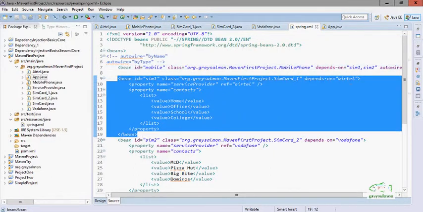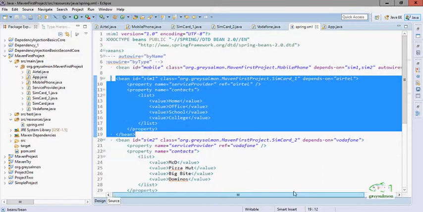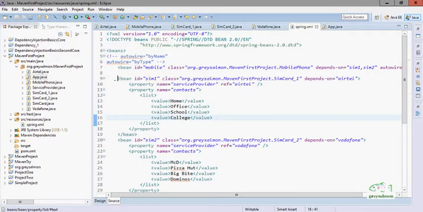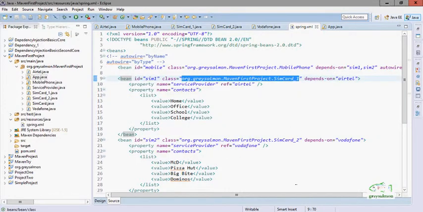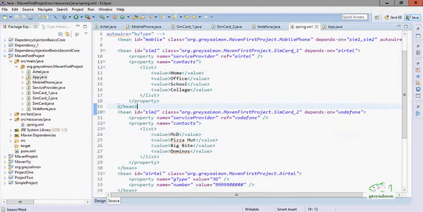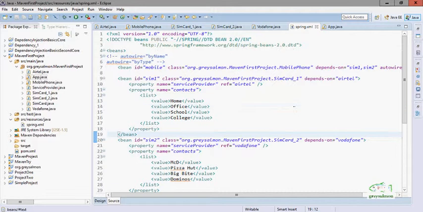Whenever we use by type, we should be careful that there is only one bean of type SIMCard1 in the entire configuration, and only one bean of type SIMCard2 in the complete configuration. If more than one bean is there of type SIMCard1, like sim1 of this class SIMCard1 and another bean of SIMCard1, then the container will generate an error about which bean is to be injected.